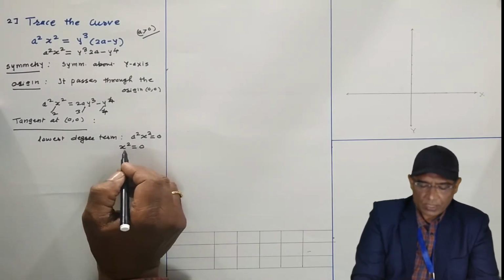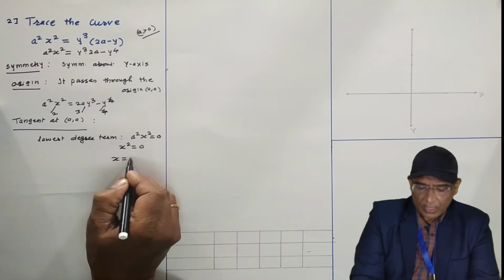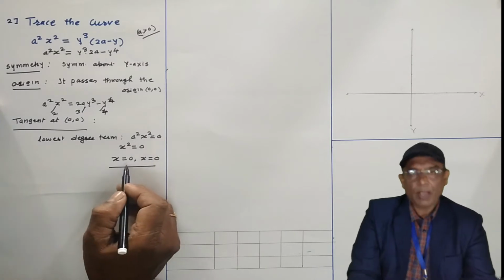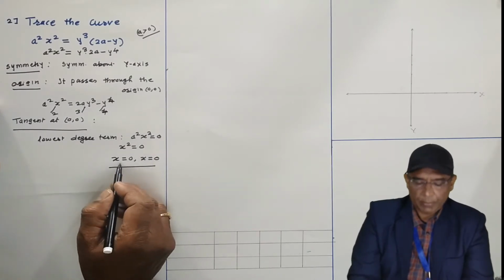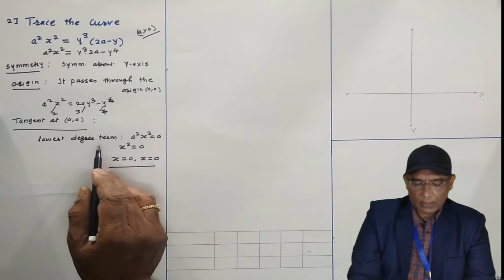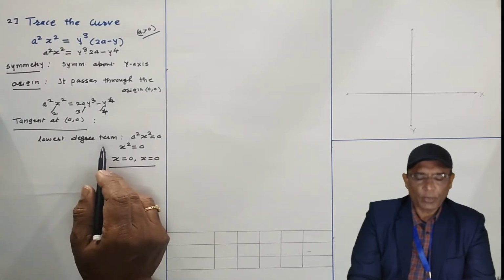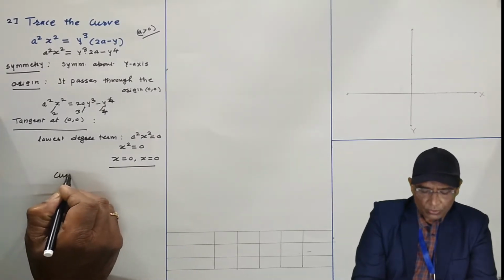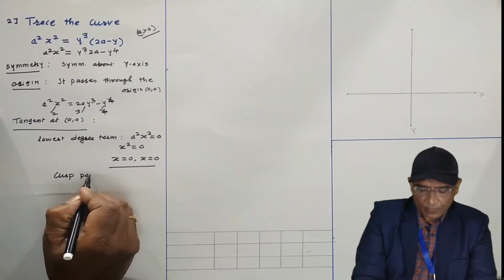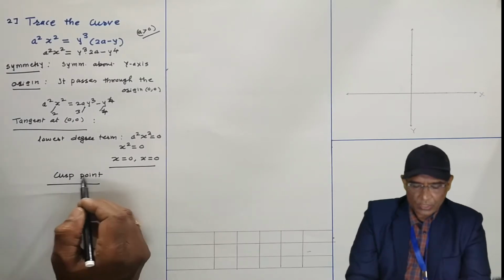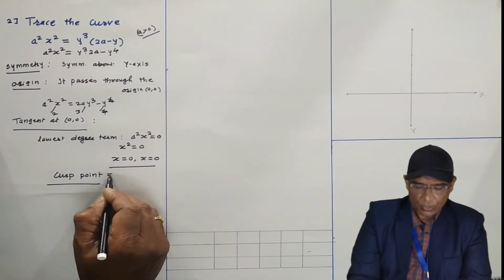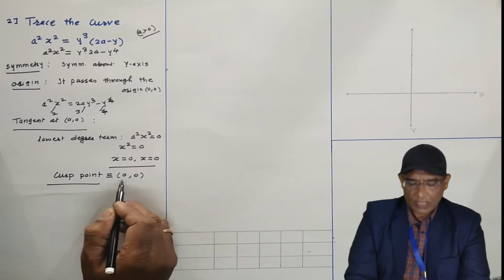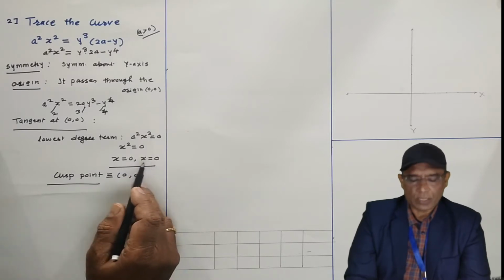Here a is positive, therefore x² = 0 by a², meaning 0. Taking the square root of both sides, x = 0 and x = 0. Here we have tangents at the origin. But these two tangents are the same. If there are two same tangents at a point, then that point is a cusp point. In the previous lecture, I explained this. This (0, 0) is a cusp point